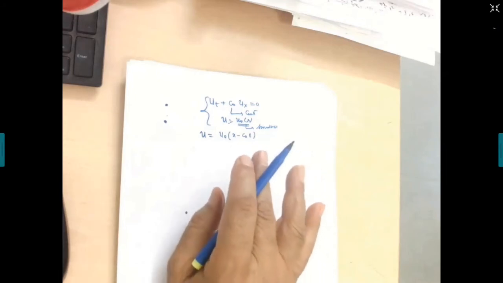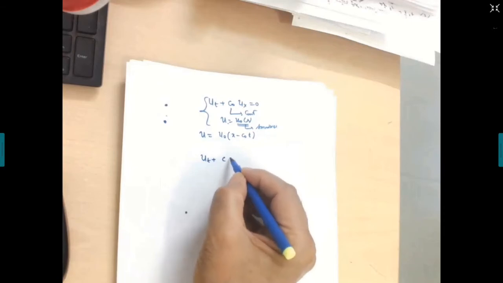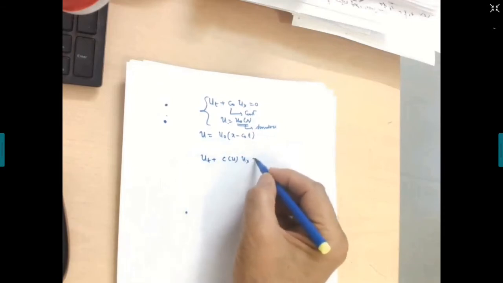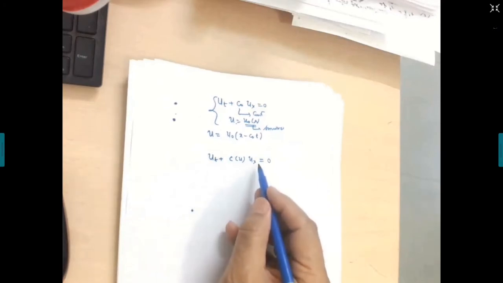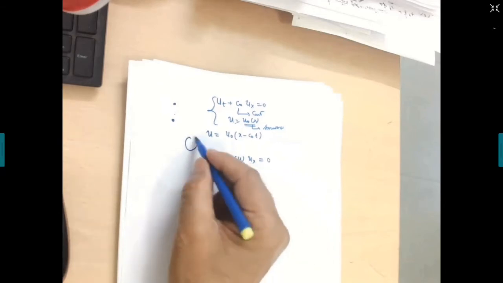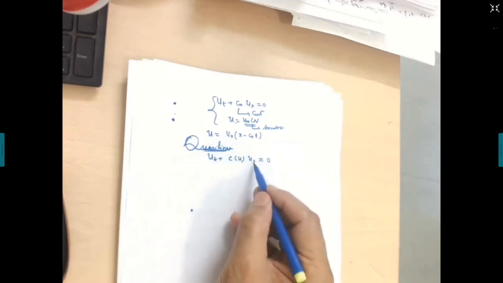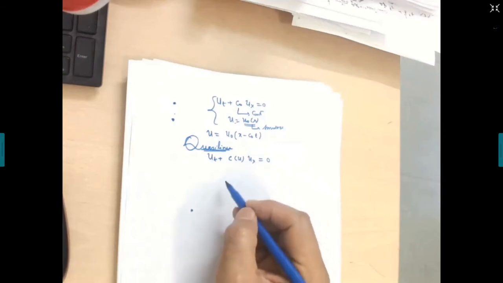It is taught at the undergraduate level, but then the other case, u_t plus c of u u_x. Now it is no more a constant, but a function of the unknown, right? What is the nature of this differential equation? Linear, non-linear? Quasi-linear. Excellent, very good. Quasi-linear, because it is linear in the highest derivatives, but non-linear in u.